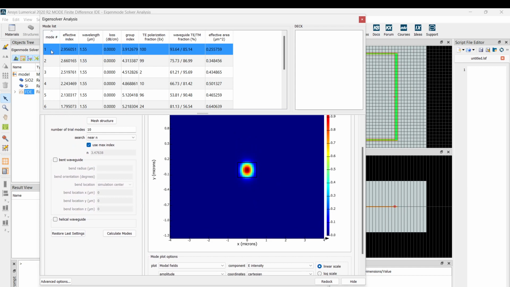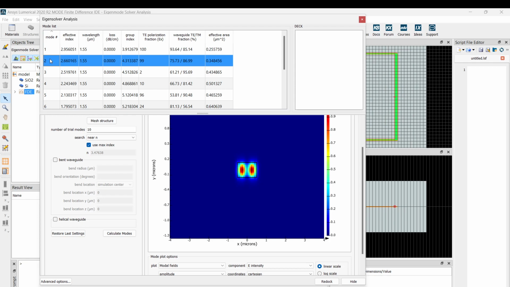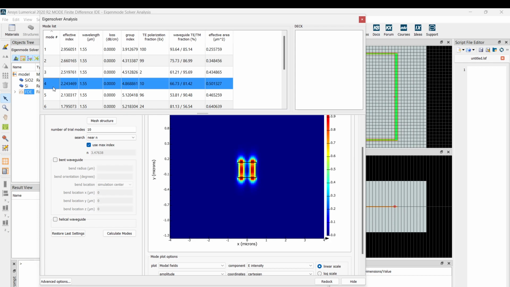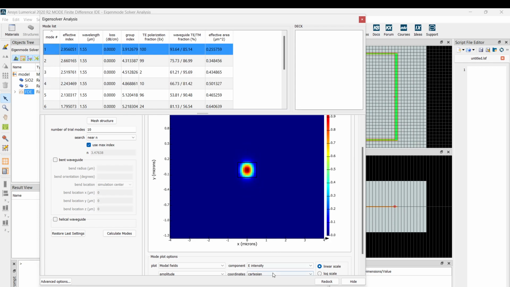There are multiple modes that are possible in this waveguide. So there is a second mode, third, fourth. Let me just plot EX. So EX for the first mode is like this. It looks like a TE mode, right?